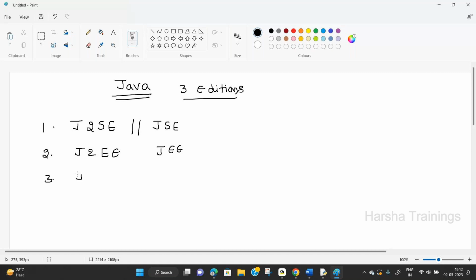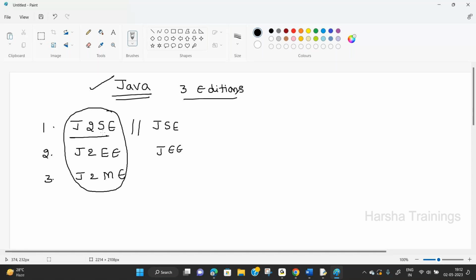Third one, J2ME or JME, like this. So these are the fixed names. These are the editions that are produced by Java. Initially, Java was in the hands of Sun Microsystems. Now Java is handed over to Oracle. Anyway, J2SE is the first edition.